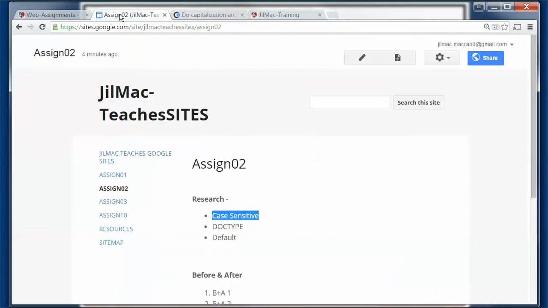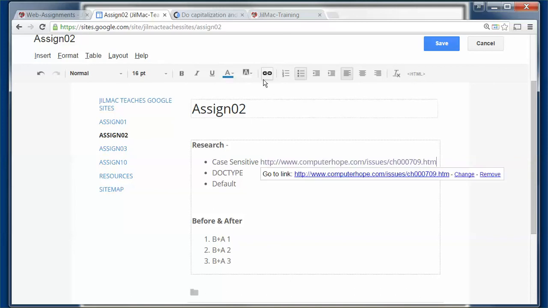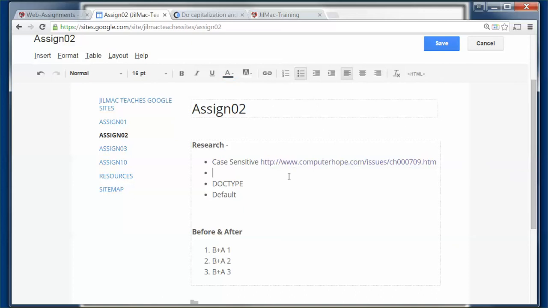So I'm going to go back to my assignment. I'm going to edit this page, and I'm going to give it a little description. Maybe I'll give it the link first, because I love links. And I like seeing the web address, because to me that is really important. And I might say that